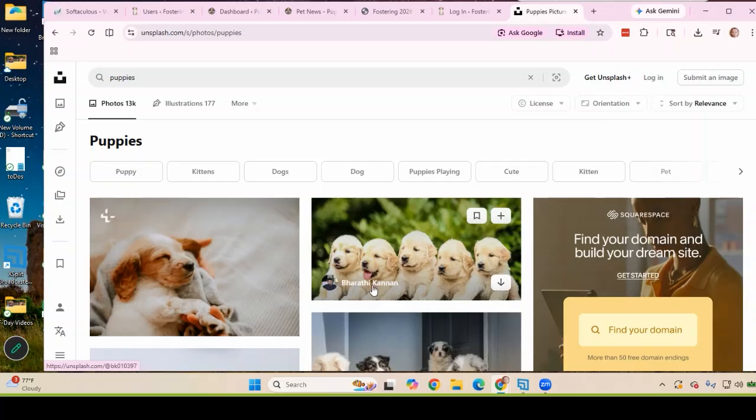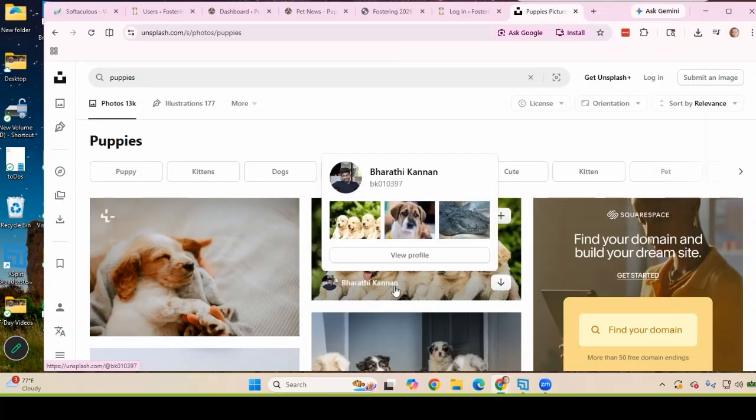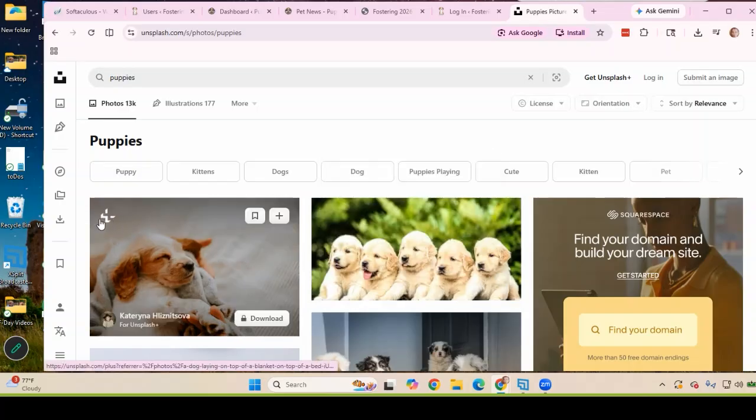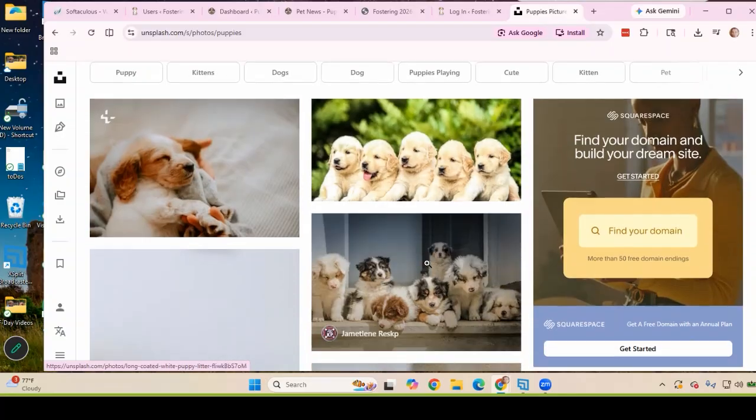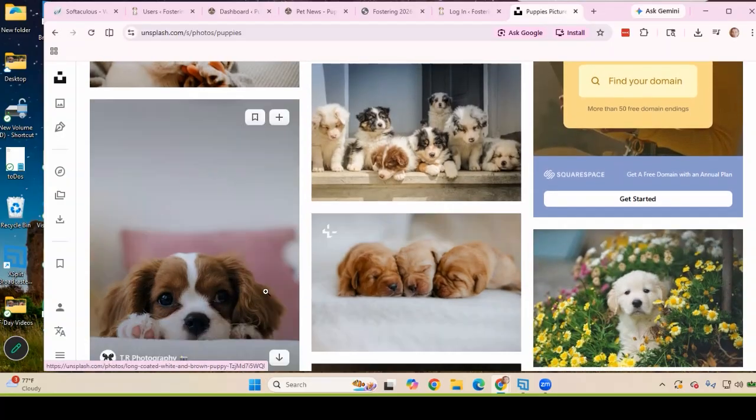It will give you the option to give this person credit. It's nice if you give them credit. If you just want to say that you got all your images from Unsplash, that's good too. The images that you can't download are the ones that have this plus, because they have this little lock on the download. And then we can actually look at landscape images, which are really nice to put in as hero images, or portrait images, which are really kind of fun to use around your content. But because they're so big, you probably want to size them with Photoshop,